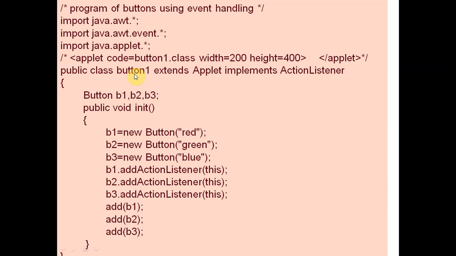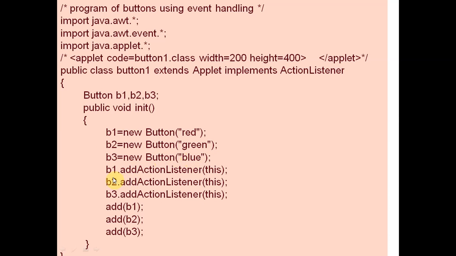Inside the button class, we are running the init function. Init is just like a constructor function. And inside this init function, we have three different buttons: red, green, and blue. B1 equals new Button red, B2 equals new Button green, and B3 equals new Button blue.